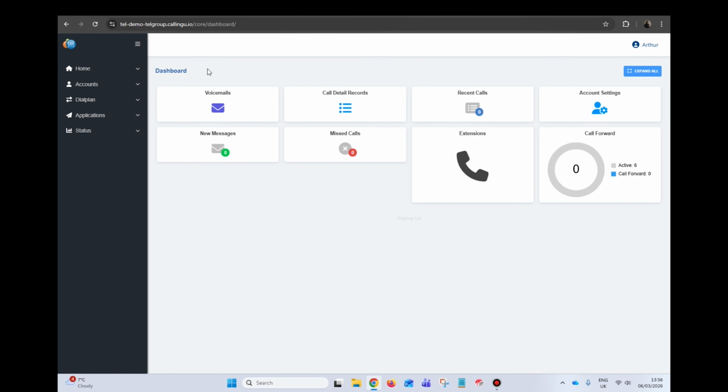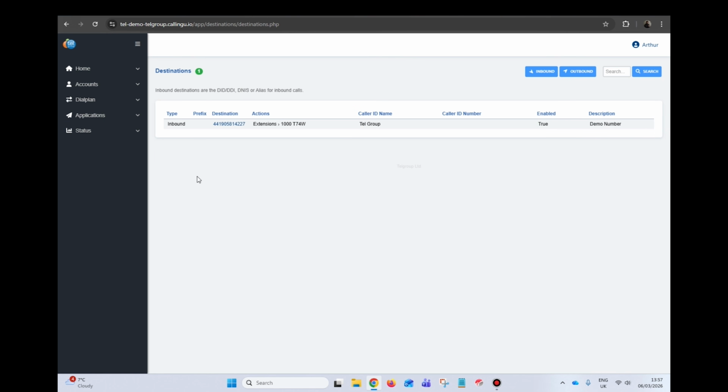Next we're going to go over numbers. To access a numbers menu, go to dial plan and destinations. From here it will show you a list of the numbers you have available, as well as some useful info such as the description of the number, the actions, which is who the number points towards, and the destination, which is